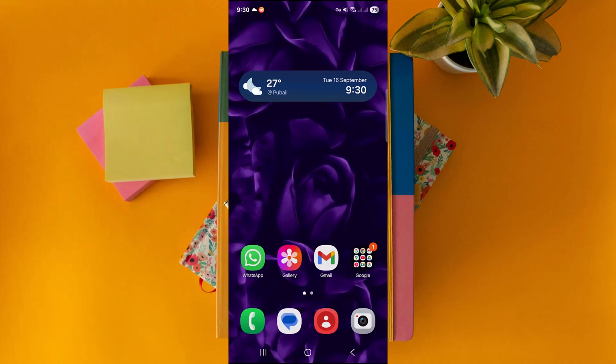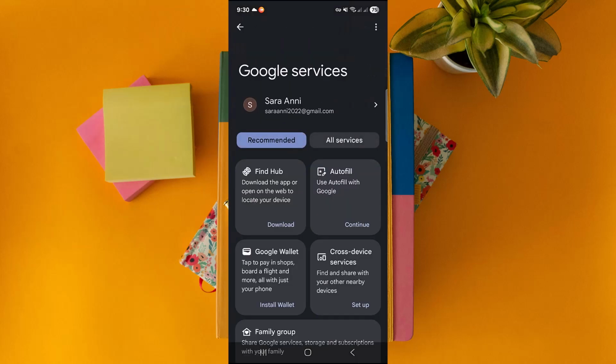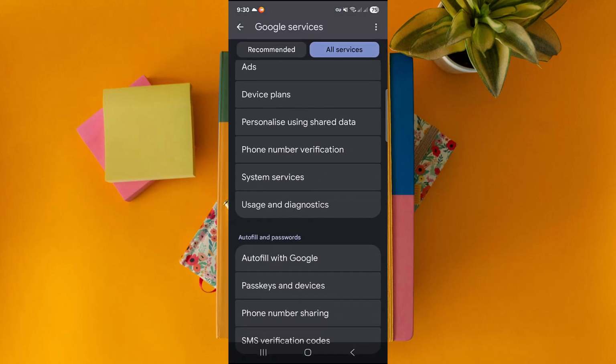In today's quick tutorial, you're gonna see how to restore Google Contacts on Android. So you have to go to your settings and in here you'll find accounts, or you might directly go to Google. And after that, you have to go to all services. And in here you will find the option of